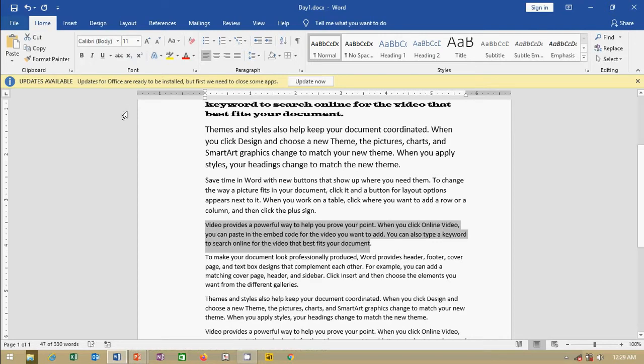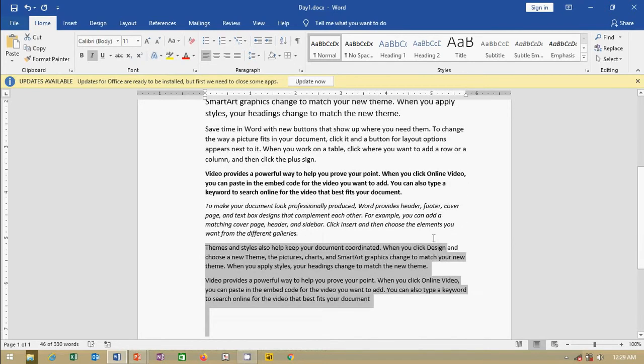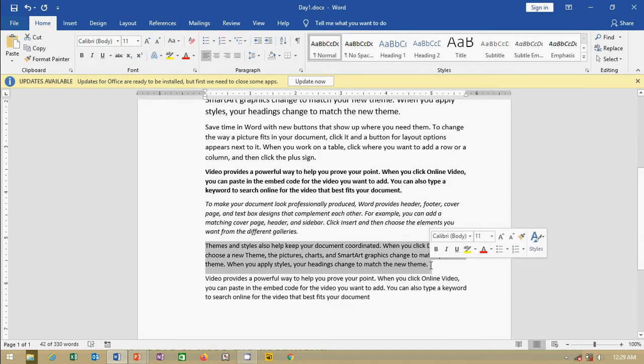So for the formatting part, select this, click here for italic, click here for underline. Clicking again removes underline, italic and bold. Suppose I want to make it bold, Control B. Italic, Control I. Underline, Control U.